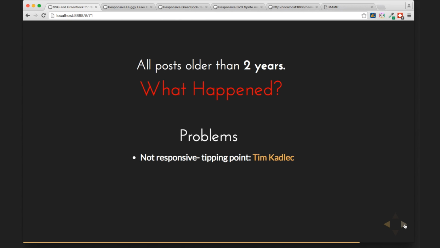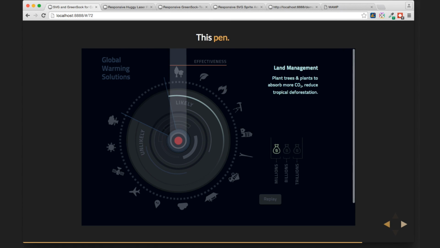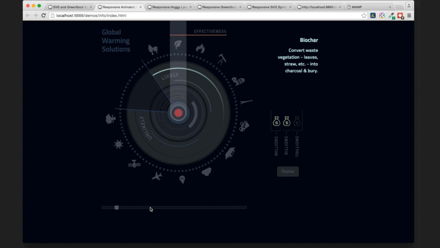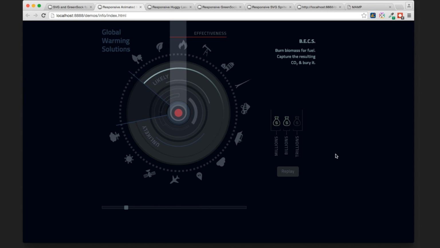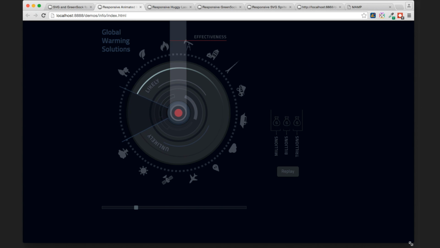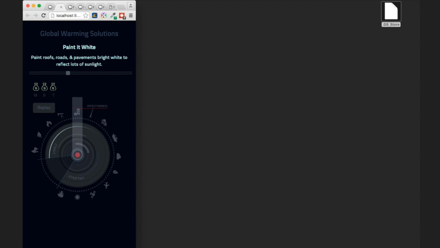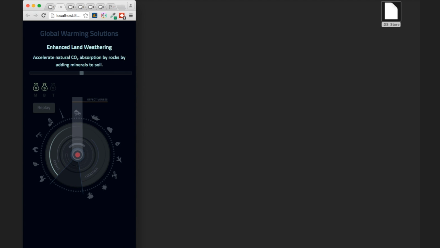There was a tipping point 2 years ago where mobile kind of took over desktop, and so I think that for social media in particular, this just wasn't viable anymore. And the design was also not updated to the current context. So in this pen, we have this responsive animated infographic, and it goes through all of these global warming values, but then it also works for mobile. And you have a lot of information in just a small area rather than having to look all over the place for all of this different stuff.